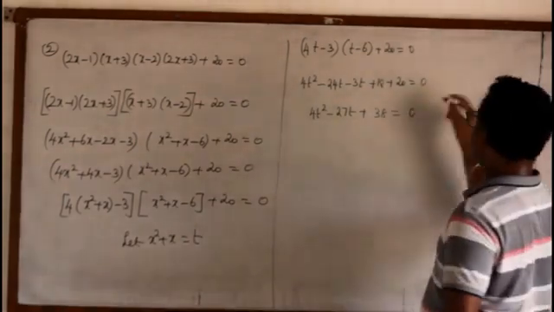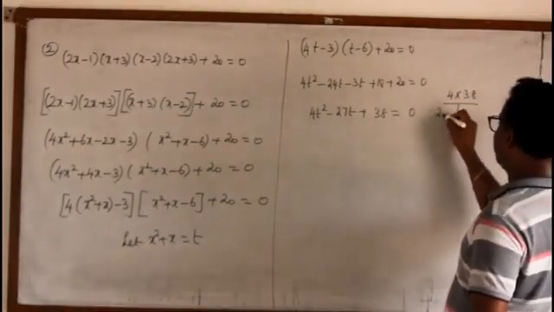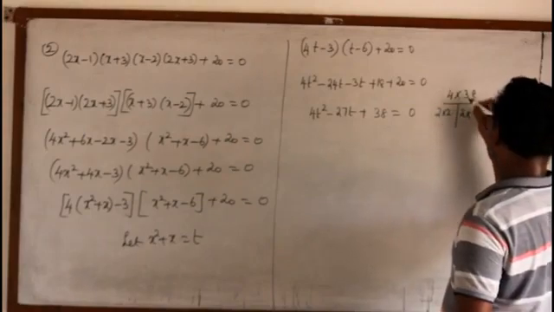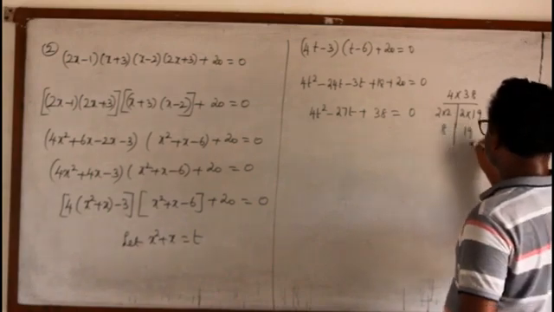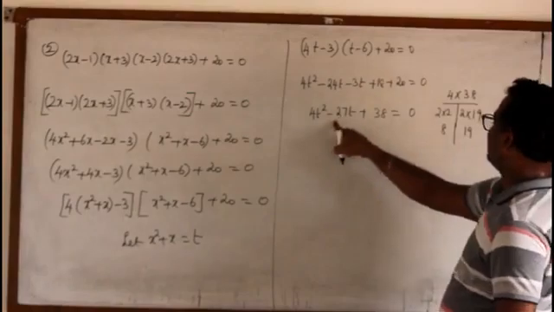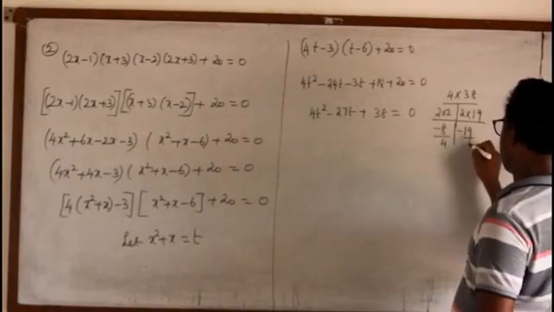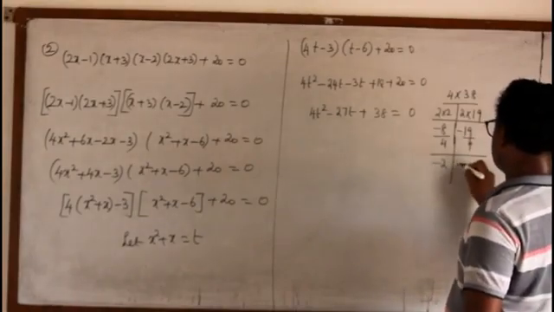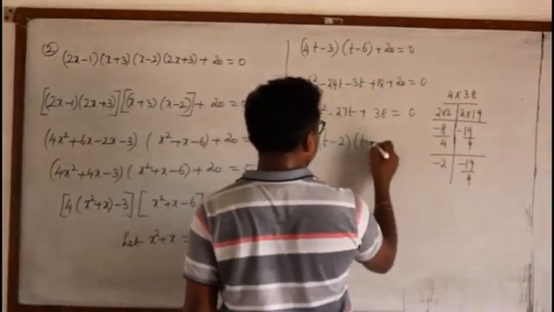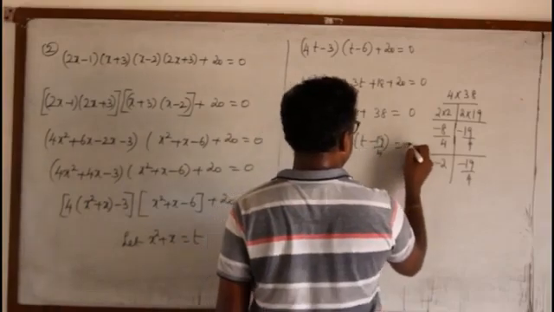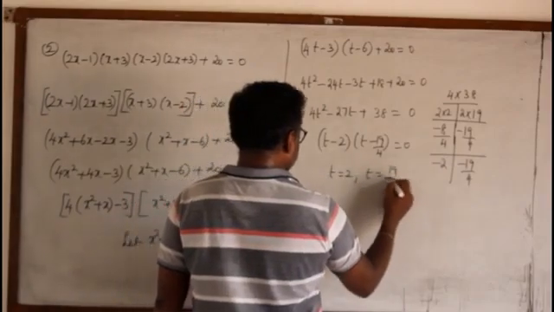We can factorize 4 into 38. I am not going to multiply, just this. It is 2 into 2, and 38 can be just 2 into 19. So 2 2s are 4, 4 2s are 8, 8 into 19. When I add, am I getting 27? So it is minus 8 minus 19. We shall divide by 4 now, and it is minus 2 minus 19 by 4. It is (t minus 2)(t minus 19 by 4) equal to 0. So t equal to 2, comma t equal to 19 by 4.